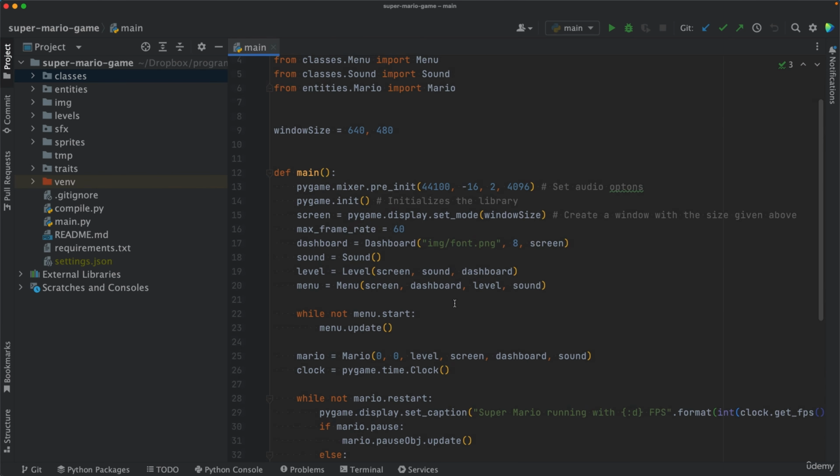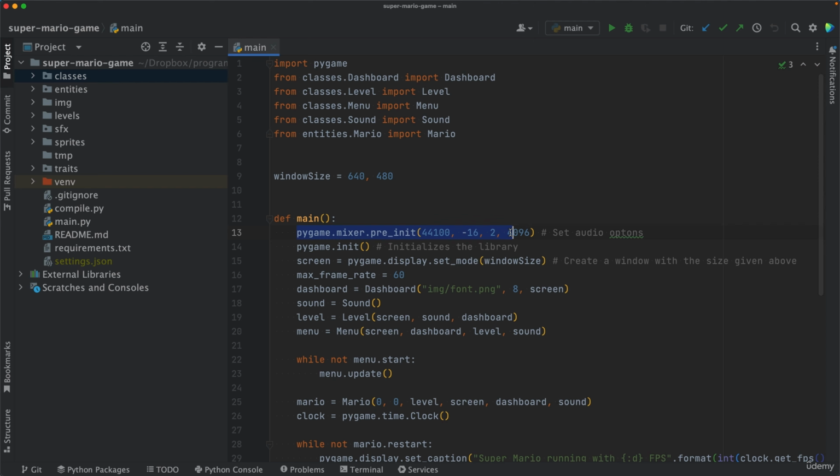Right, so let's look at the main function. In the first line, there are some audio configurations being set up, and then here is where Pygame is initialized. This is a function which initializes the Pygame engine, and then a screen window is created. We have the frame rate 60, then we use a dashboard class in here,